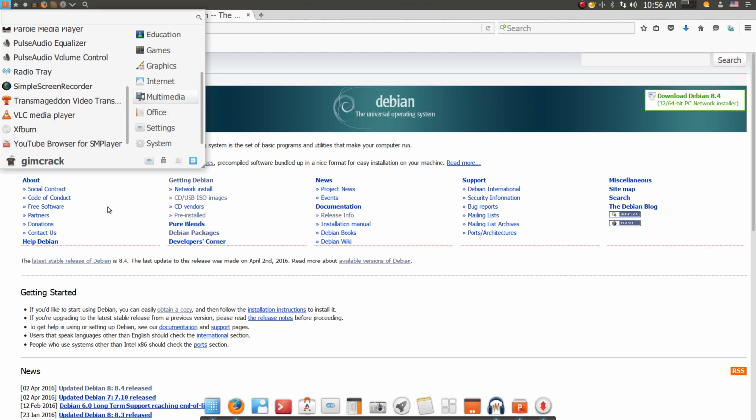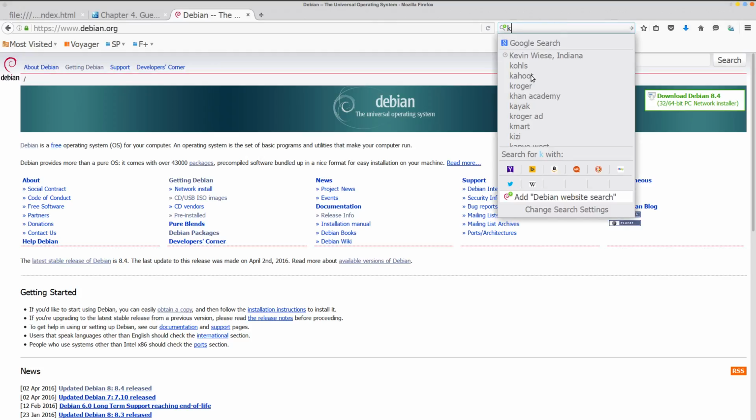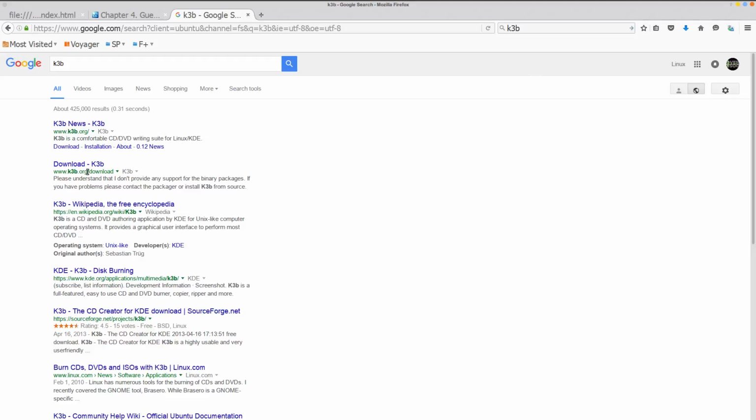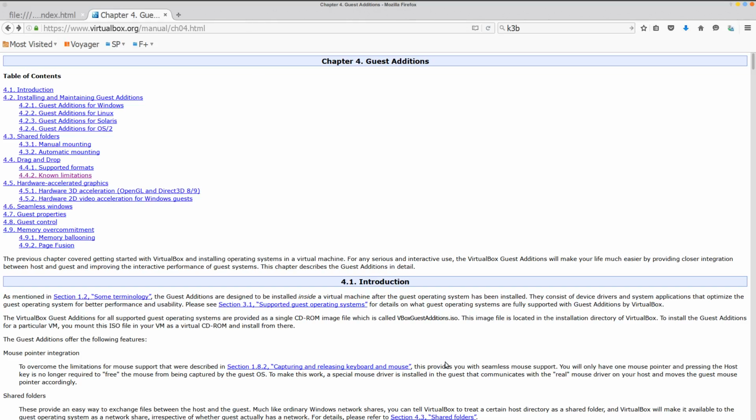Each distro has their own burning one, like KDE has K3B. I think it's K3B. This is a default of KDE burning, and other ones have other different burning programs, but right now we'll be burning with